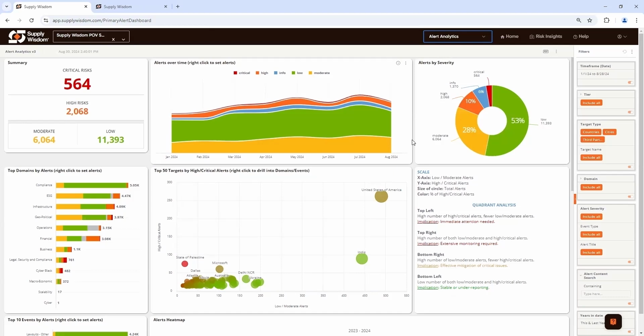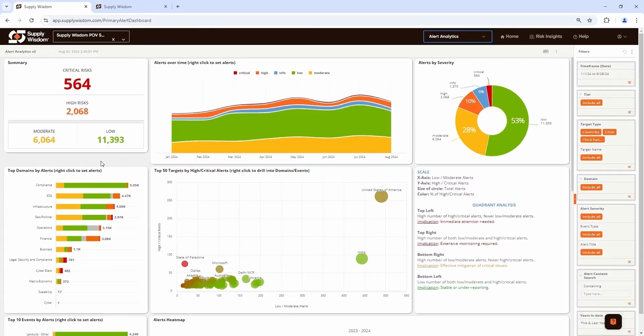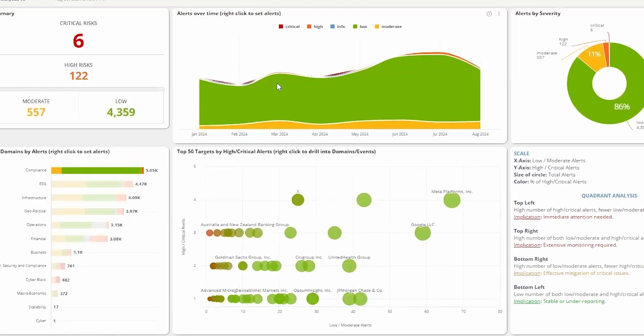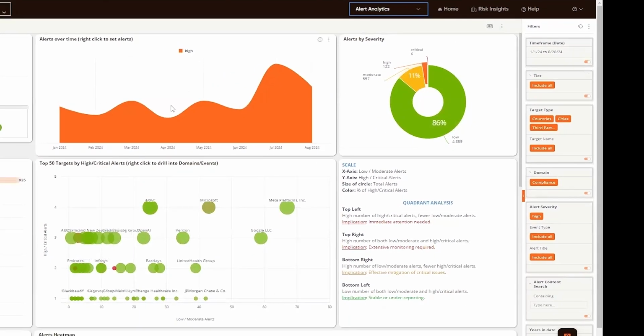Again, for maybe observing trending or for producing reporting on observations that you've had within your portfolio. So what you'll see over here on our right-hand side is a list of essentially every variable that exists within alerting. And all of these variables are available to you as criteria for filtering the view that you have right here. Additionally, portions of this dashboard are interactive in the sense that, for example, if I'd like to view a representation of just alerts in the compliance domain, I can click compliance over here. Now I'm seeing just those particular alerts applying to that criteria. I can say, show me just my high risk alerts by clicking right here. Now I'm seeing just those.